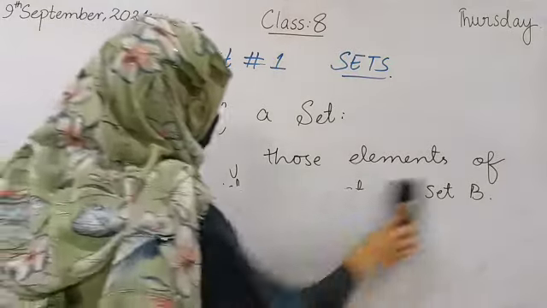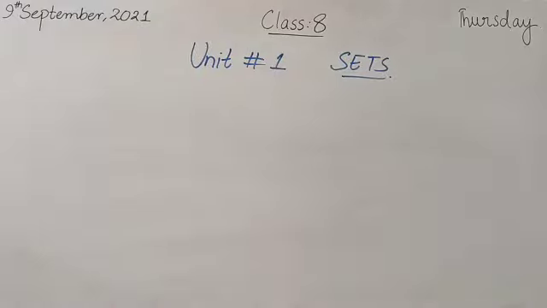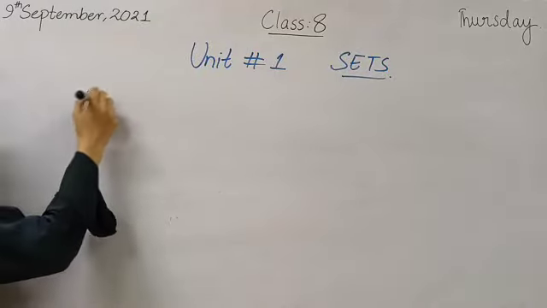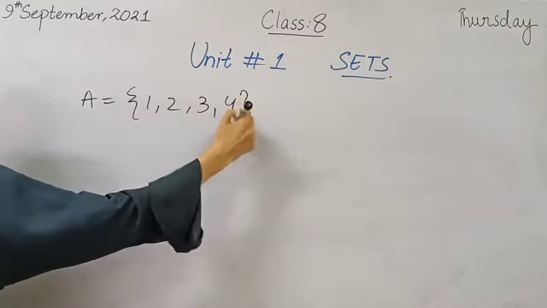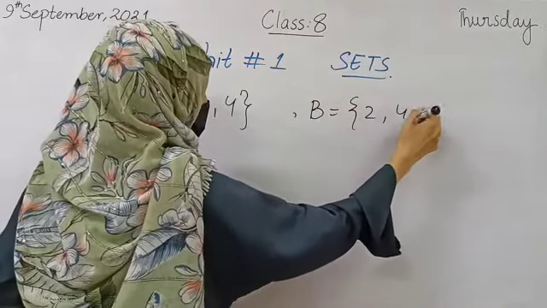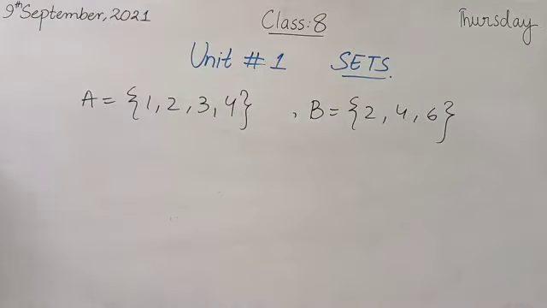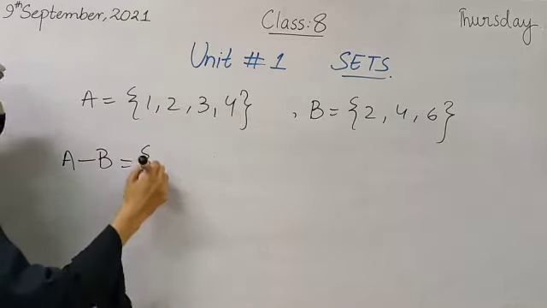If I have a set A and B, set A contains 1, 2, 3 and 4. Set B contains 2, 4, 6. So the difference of set A and B will be